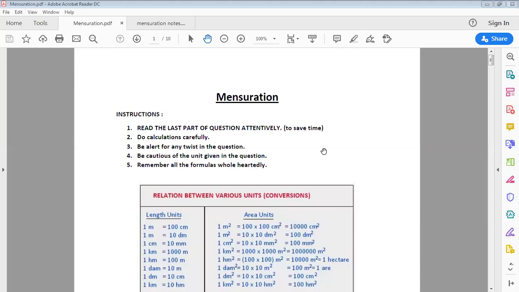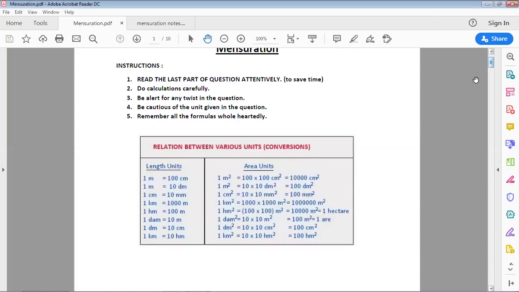So if you want to do any question of the mensuration, you must remember all the formulas involved in it. I have given the notes, and in it almost every important figure that you need for this exam is given. I have given this image where there are units and how to convert them. I will be sharing this PDF later, so you can refer to it.